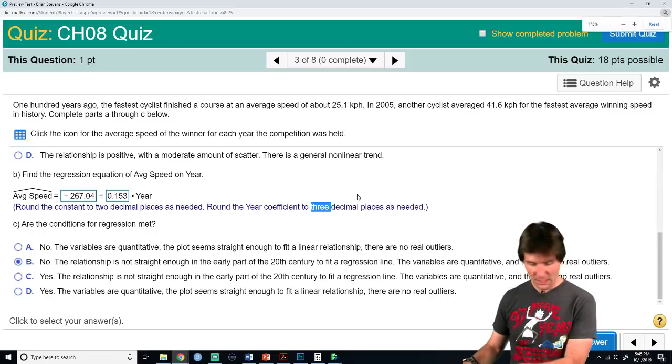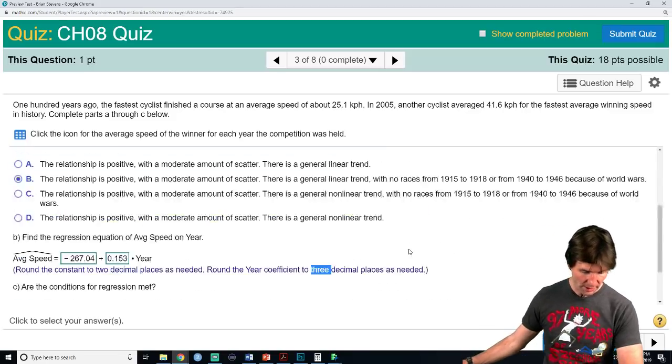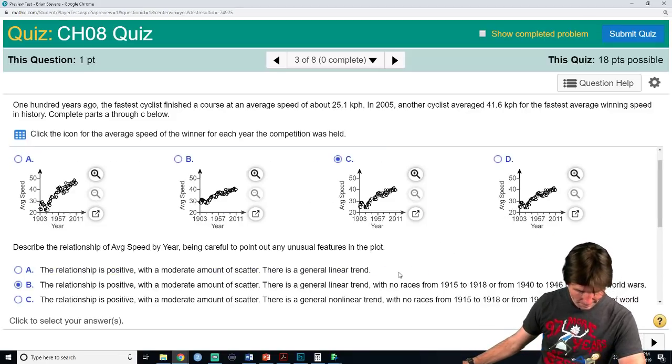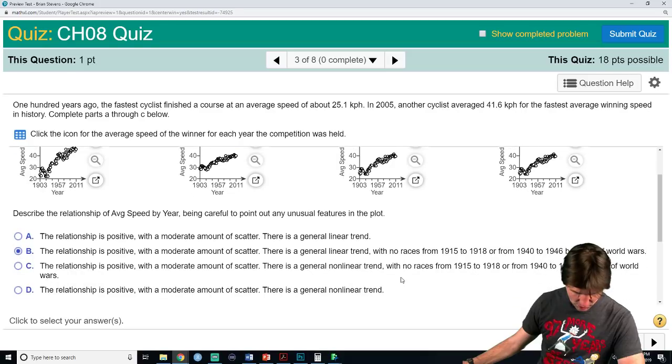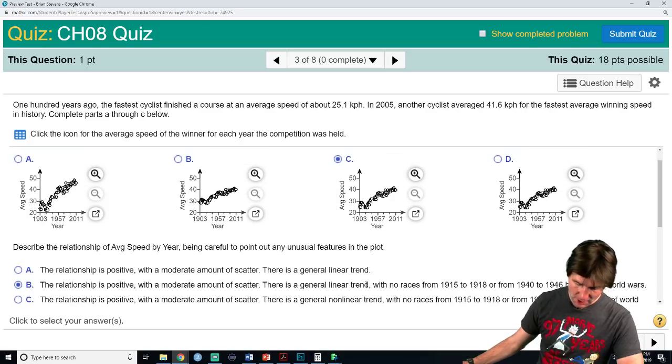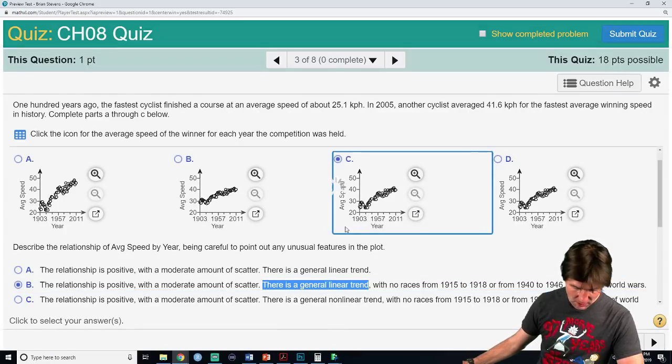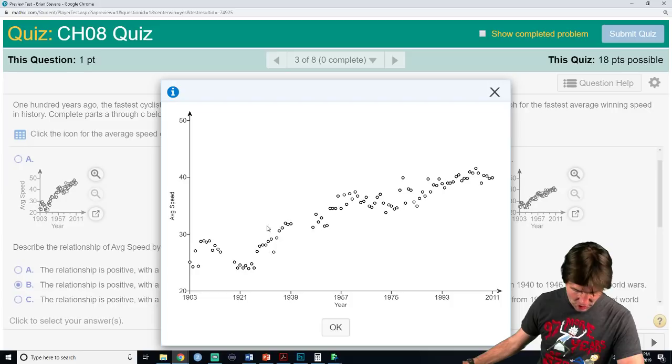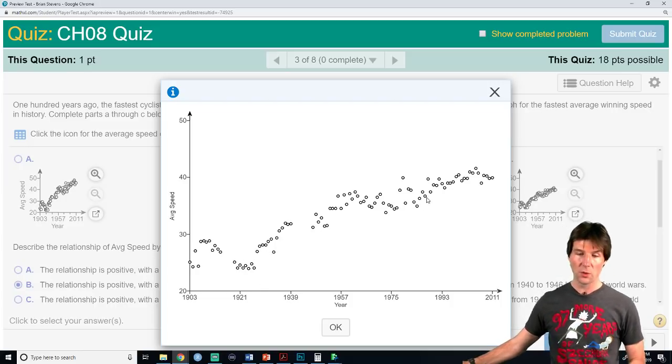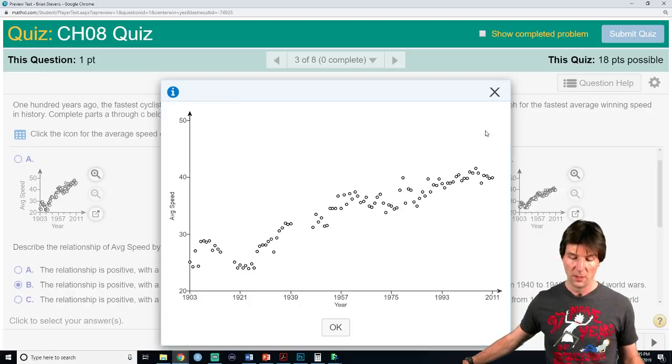That's so interesting. I agree with you guys that there is a general linear trend. They should change this right here to say it becomes linear after. If you look at this, there's a linear trend starting about here, and then this is flat. So I do agree, and that might have tricked me too.